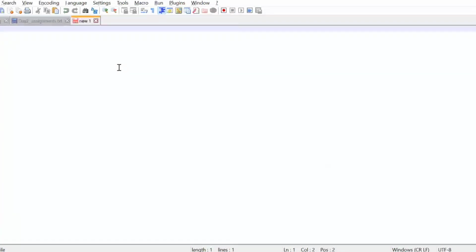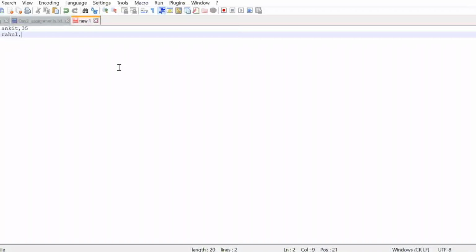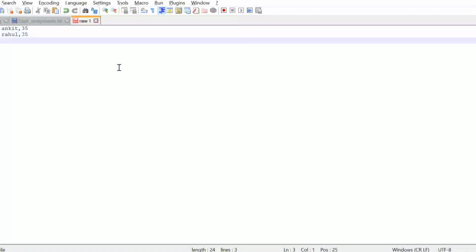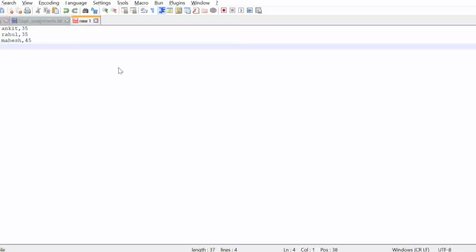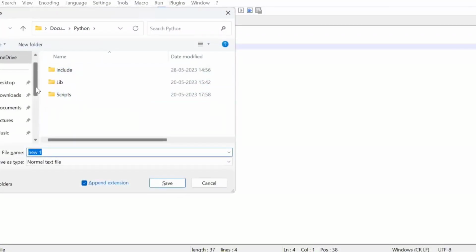Let's say I'm putting something, 1, comma, 2, comma, let's put age as value. Okay, so this is my file. Let's save it in the same location.